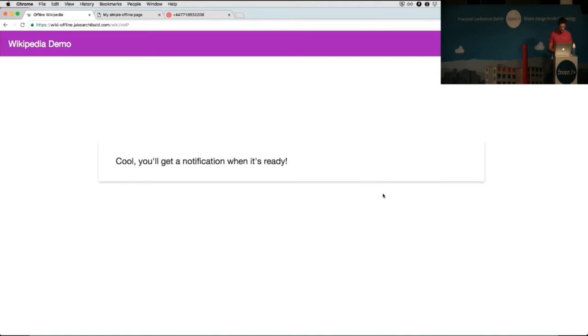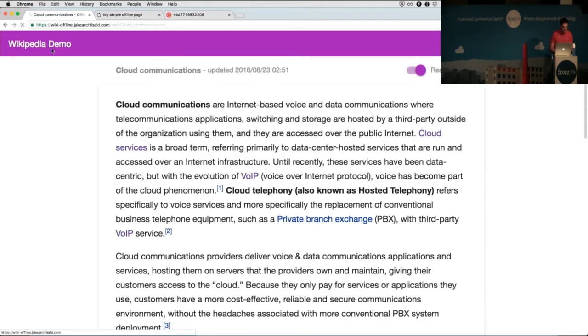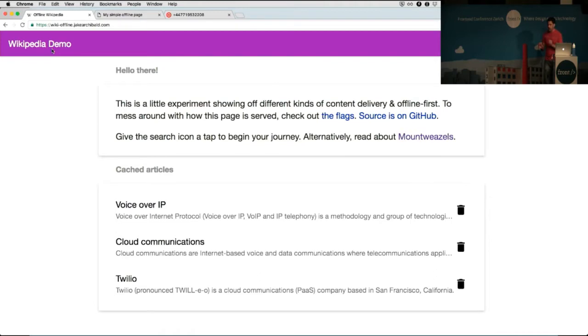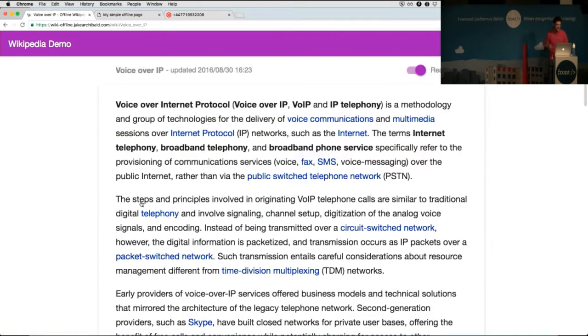And this, I think, is just a great example of an application that works really nicely offline. And you can see you've got these articles that are cached. Apparently, there we go, voice over IP is actually available offline. But this is just a really great experience, because